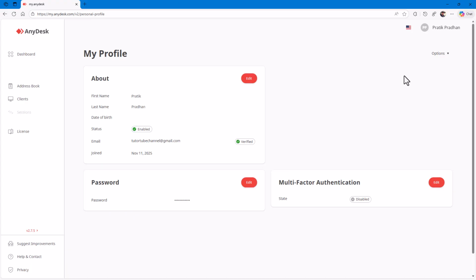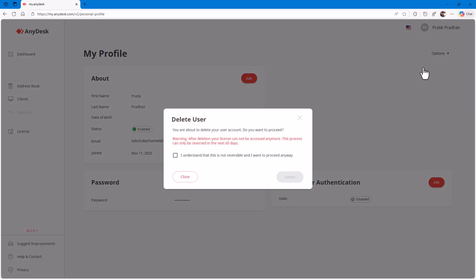and then go to My Profile. So here you can see that Options is here. If you click on it, then Delete User Account is an option. Here it gives you a warning and says after deletion, your license cannot be accessed anymore, and this process can only be reversed in the next 60 days. So you have to check right here and then press the delete button to completely delete